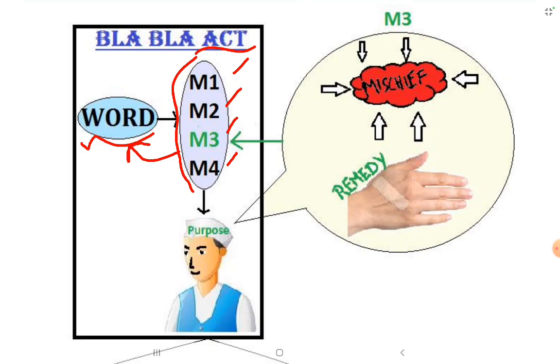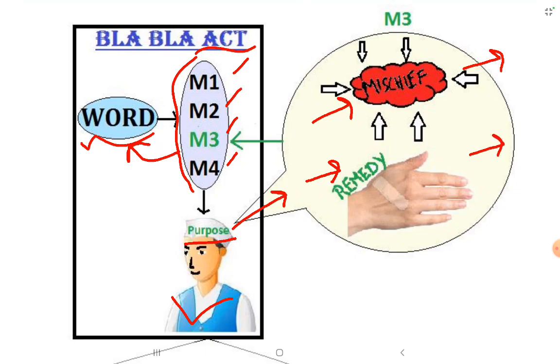For this, we have to see the intention of the legislators who made this law. That is, for what purpose they made this law. The purpose of any law is to suppress any mischief and to advance remedy for it. That is, to suppress any mischief, to remove any defect, or to end any evil, and to advance remedy for it. That is, to provide solution for it.